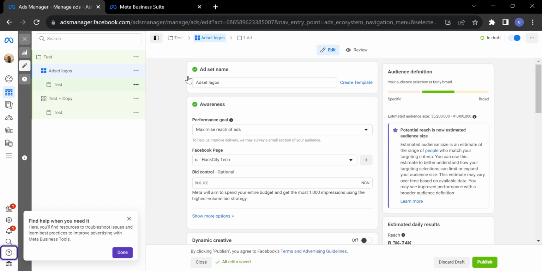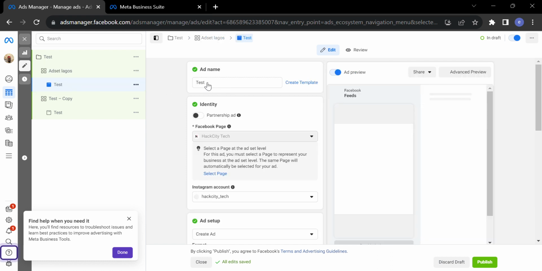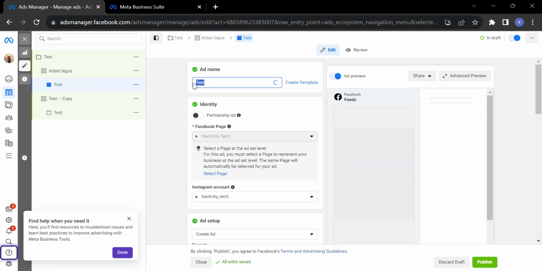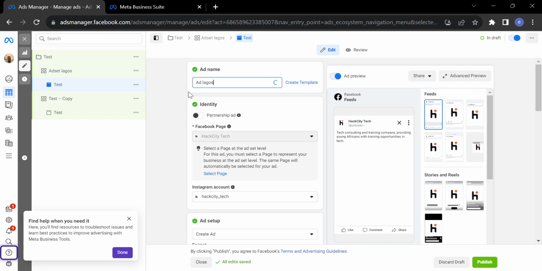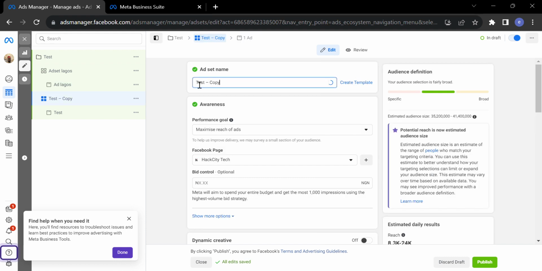So this ad, I can have this ad now as ad Lagos, right? So this one falls under ad set Lagos. So under this ad set Lagos, I can have multiple ads. I can have 10 different ads under this ad set Lagos. What connects all the ads under ad set Lagos is the fact that they are targeted to audience in Lagos, right? Then this one, I can name this one ad set Kano,